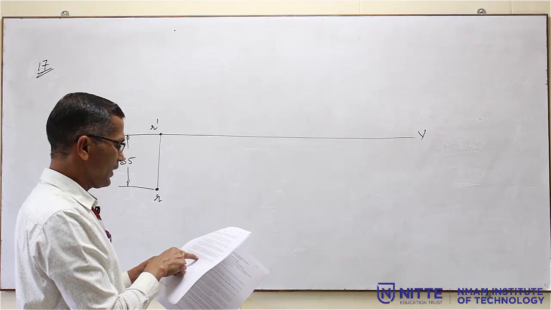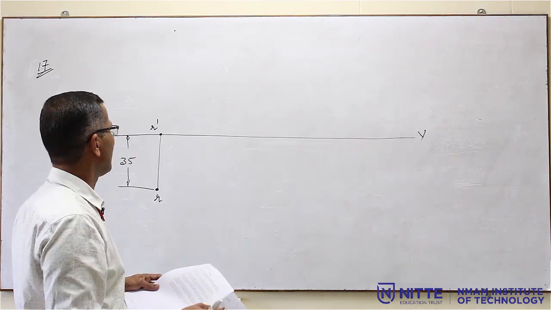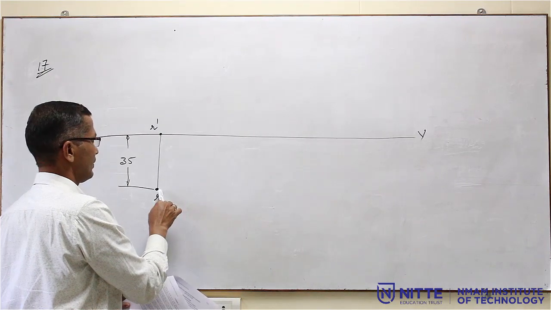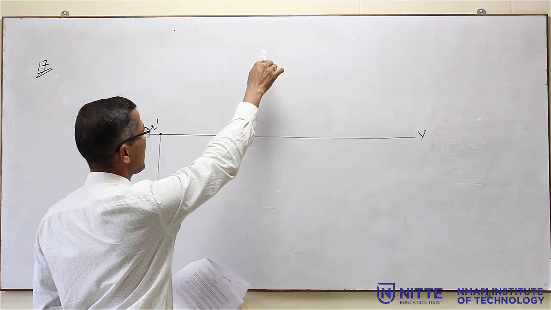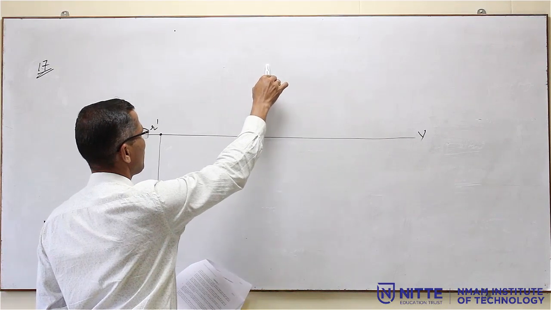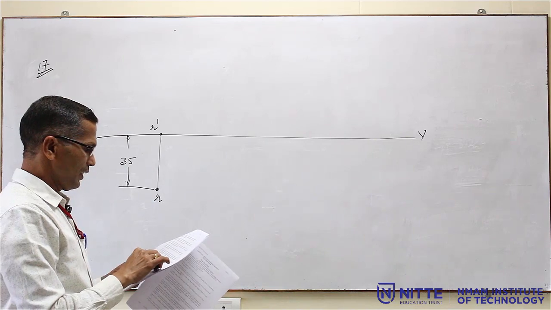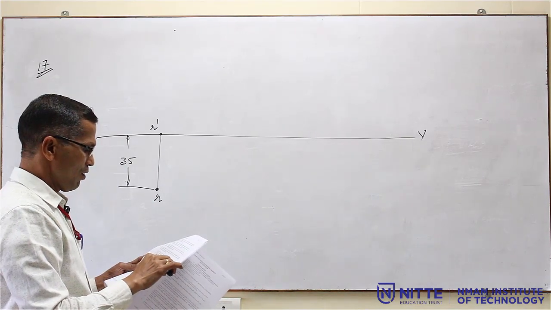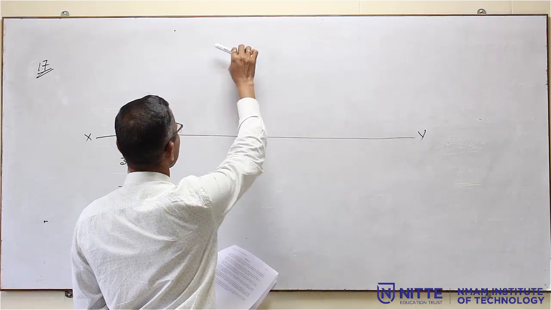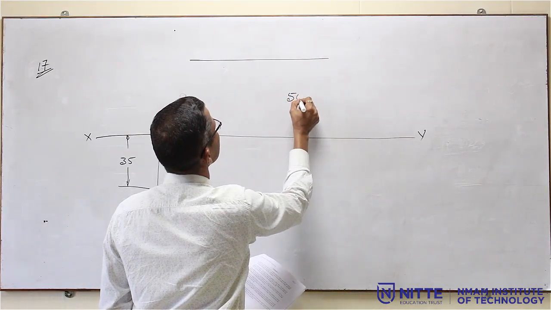The line joining their top views makes an angle of 40 degrees with the XY line. Now, the top view of R is here, the top view of S will come here because it is the second quadrant. The point S will come somewhere here. They mentioned the distance also, 50 mm behind VP. So, from here you have to measure a distance of 50 mm and draw a light line, using a 2H pencil.